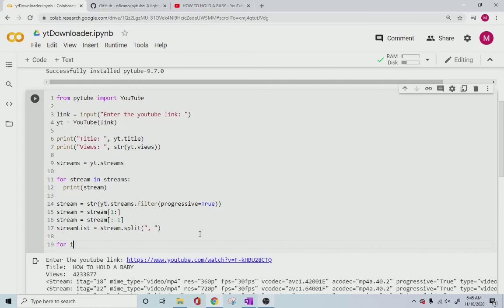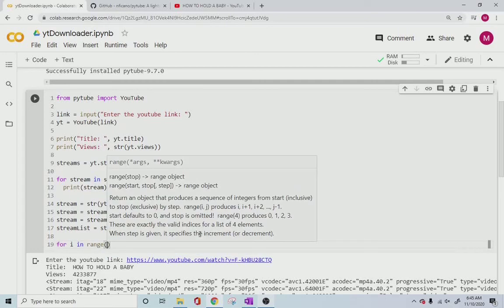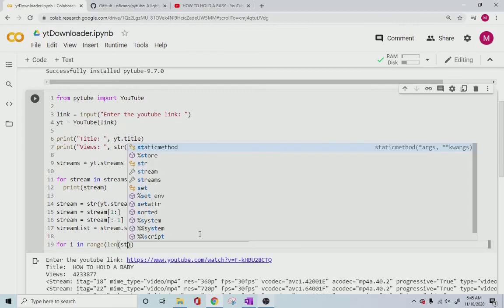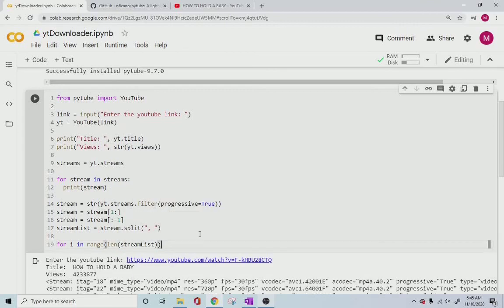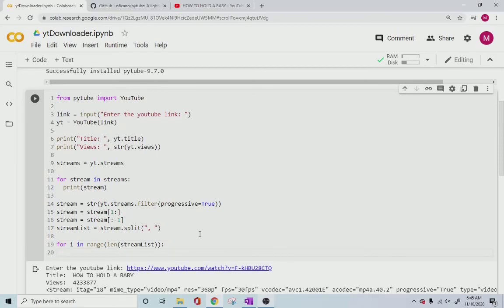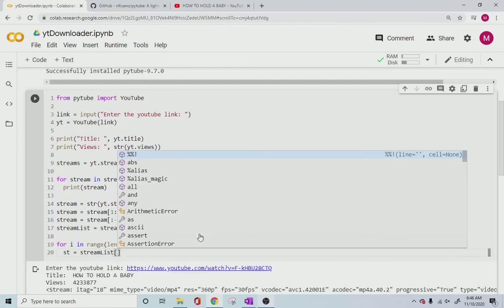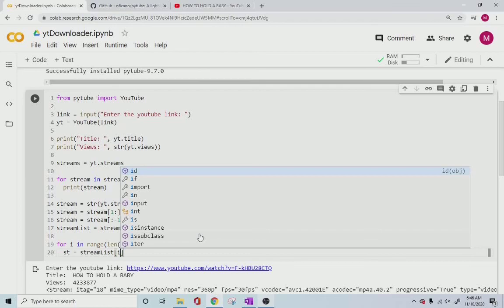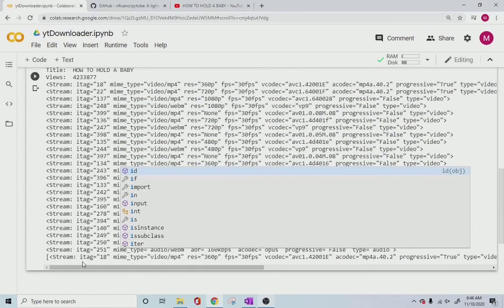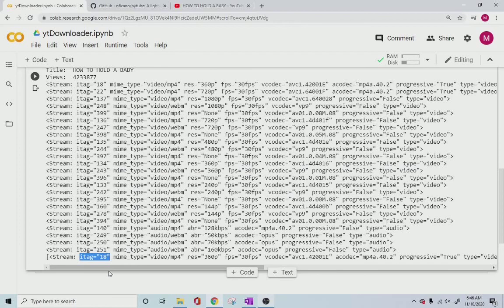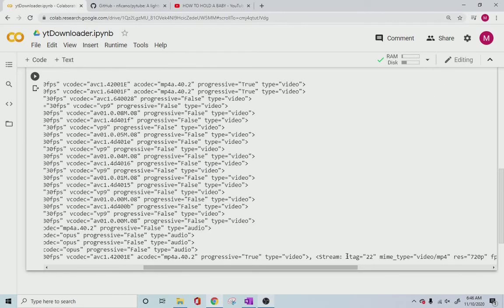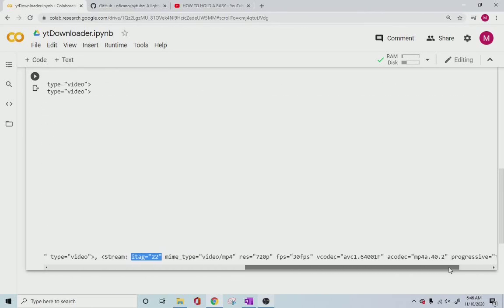We say, okay, for i in range length of whatever stream list is. So we'll loop through each stream list element, and we say, okay, now you have it here. Let's read it for us. We say st is equal to, or what each one of the streams is, given by stream list i, and I'm only interested in printing the ID tags. So I'm interested in the ID tags, which is 18 and ID tag 22, because we will allow the user